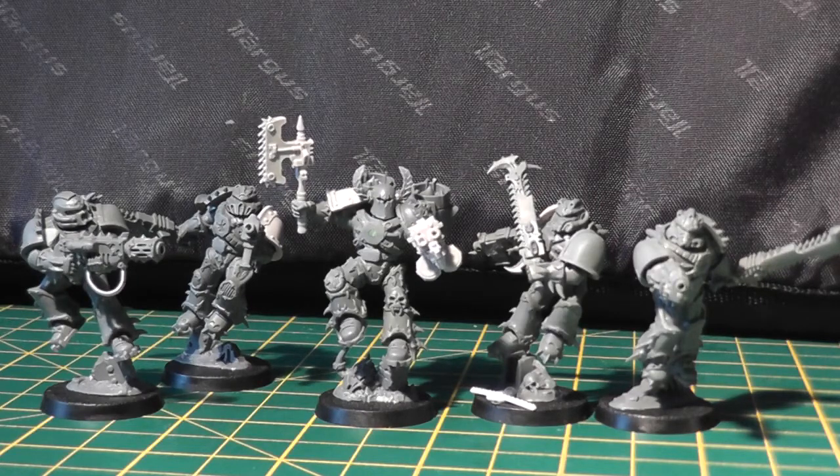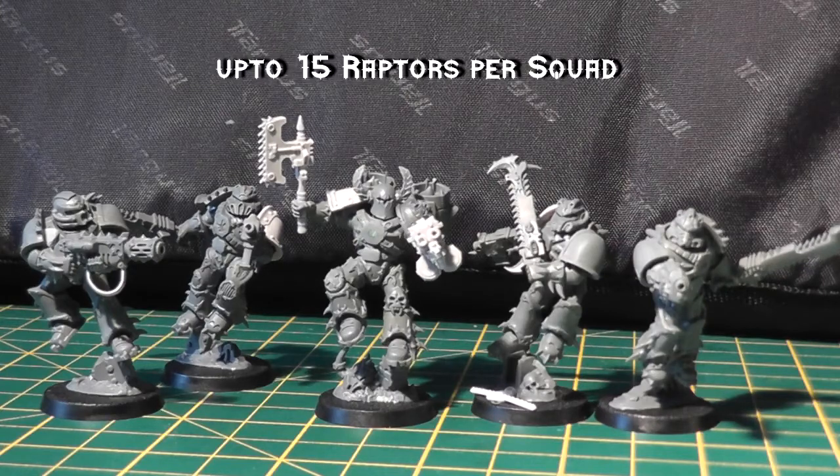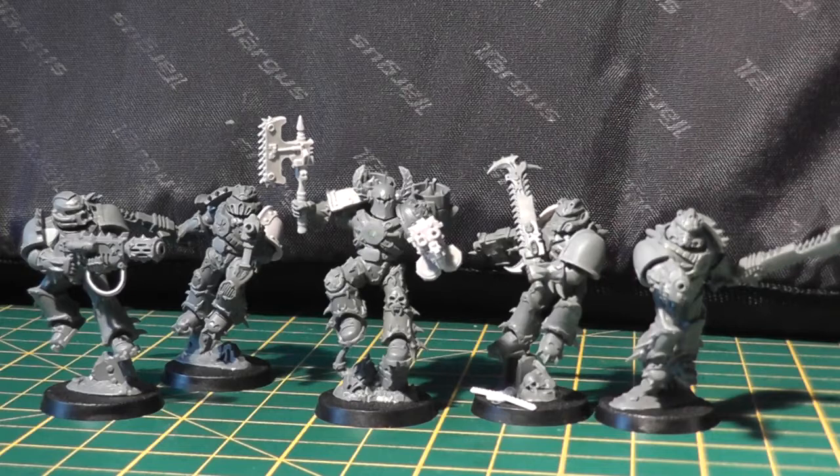Codex Chaos book, and looking at how the squads are set up. How you can have quite a lot of men in one squad if you add the extra onto them. So you can have like the equivalent of a tactical squad being 20 men as a troop squad, and like 10 men or more for the Raptors. And I started to get a bit of influence from the fluff of the World Eaters, where